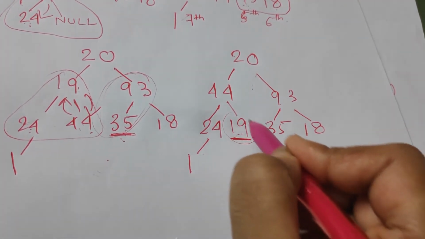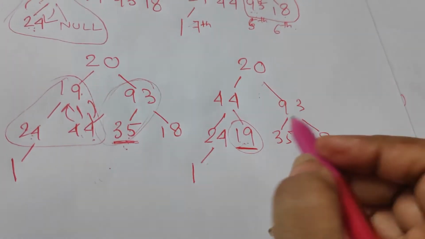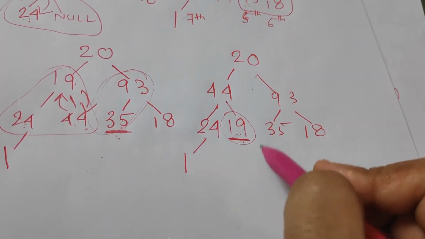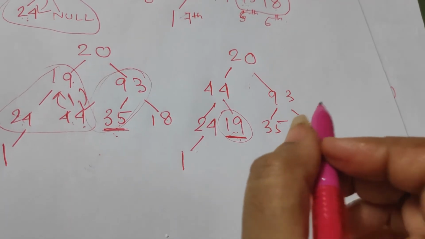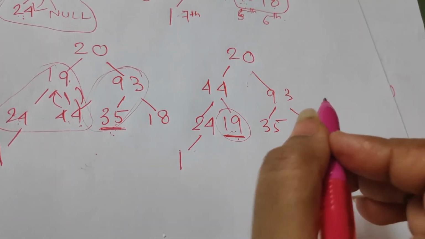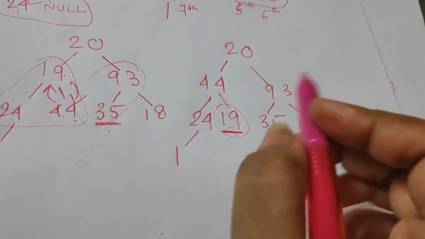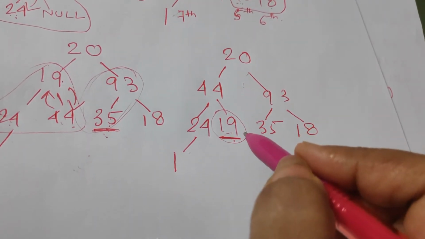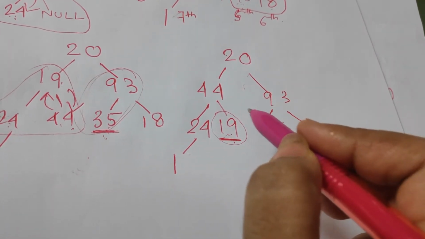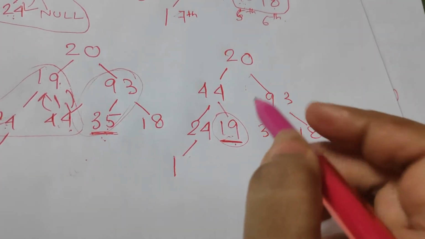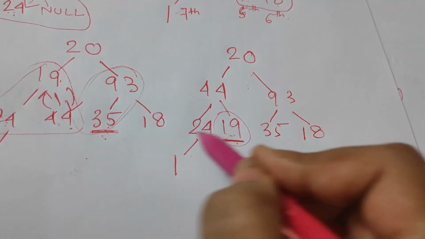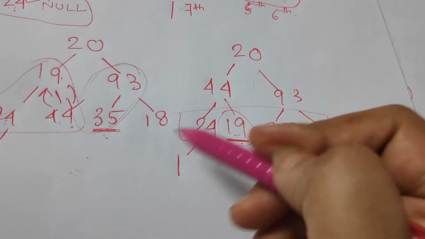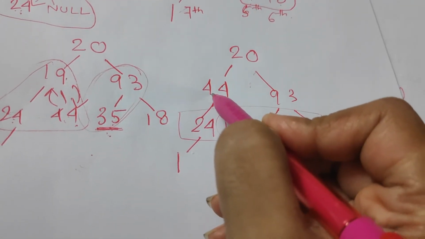So we will check the position, that means this position at 19, to check whether it has any children, and if it has children, whether it is again catering to the concept of max heap. But over here 19 does not have any child node, so that is not required. After taking care of this level of the tree, we will come to the previous level, 44,